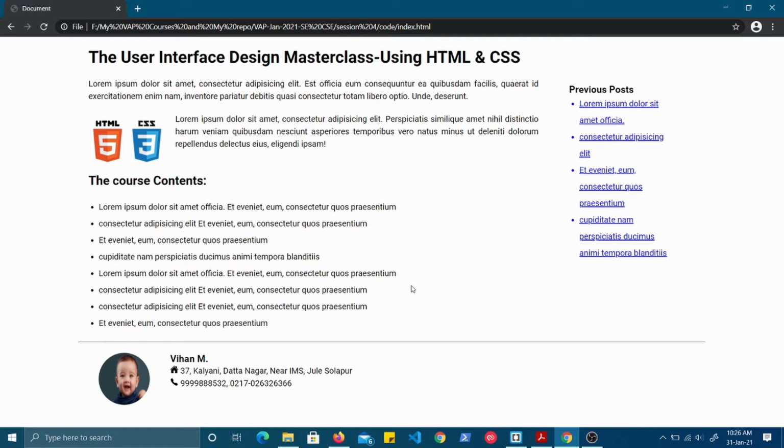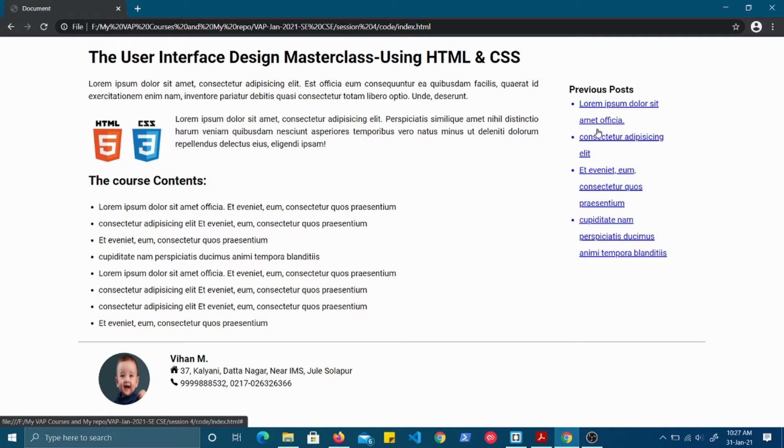Here we are designing a small single web page, which is just an example, or you can say a demo blog post. Suppose I have uploaded this course blog on a particular blog site. It has the three normal sections that any blog post has: the main section where you put your article, then a side section where you put links to the various blogs that I have posted earlier.